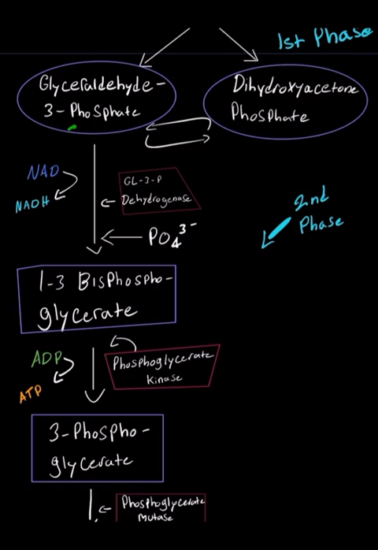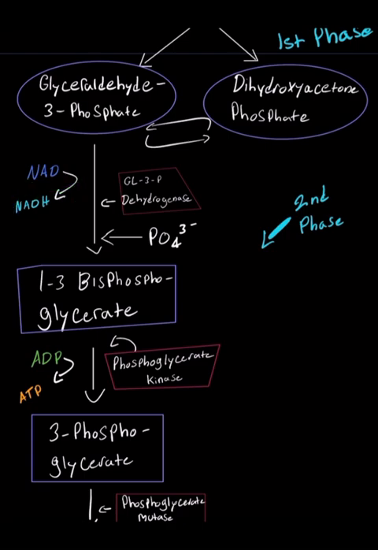In the first reaction, glyceraldehyde 3-phosphate is oxidized to 1,3-bisphosphoglycerate. The enzyme that is going to be catalyzing this is G3P dehydrogenase. In doing so, NAD is going to be reduced to NADH. So NAD is going to take the electron that was released from G3P. This is G3P, and it is going to take that and turn into NADH. When something is oxidized, it's losing its electron. NAD is going to be the acceptor of that, and it's going to pick it up